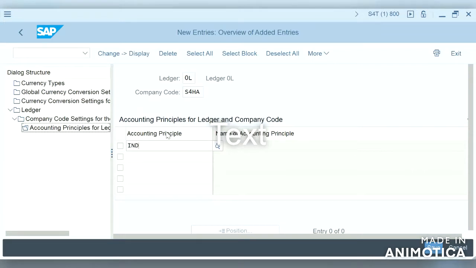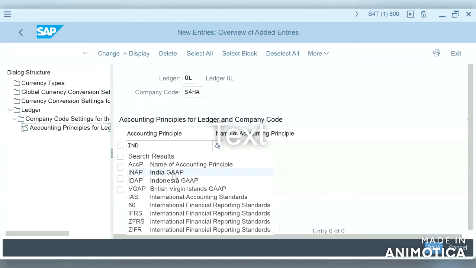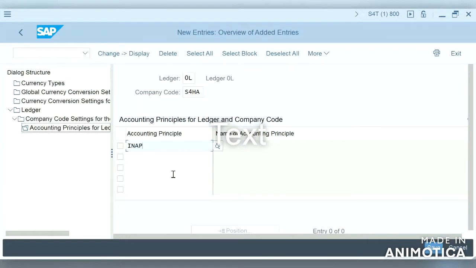If we are giving accounting principle IND, okay, there is already, before giving it here we need to create the accounting principles. So we are going to use the existing ones. So it is India GAAP. We are going to use this accounting principle India GAAP,